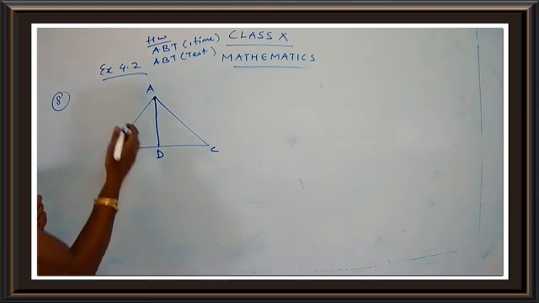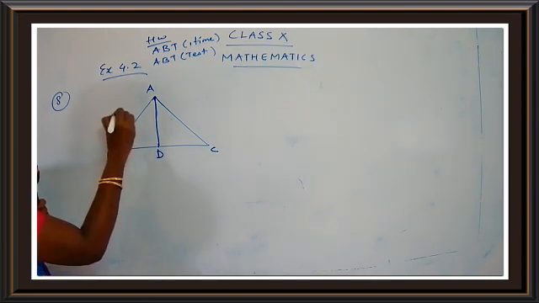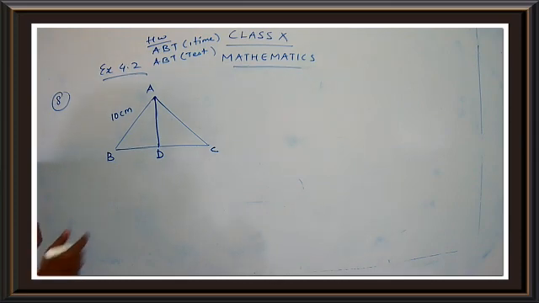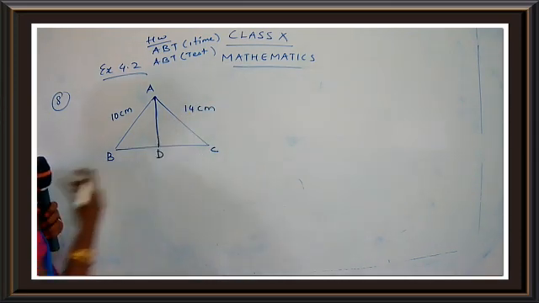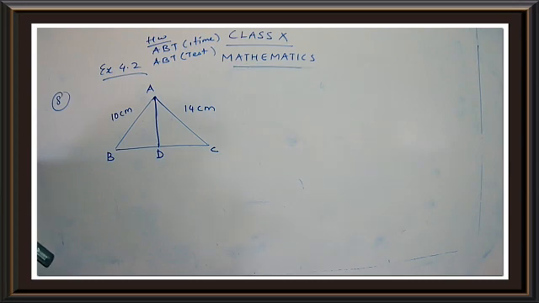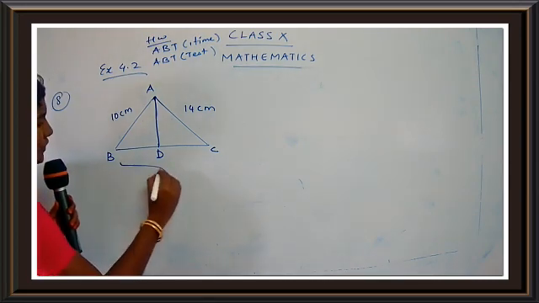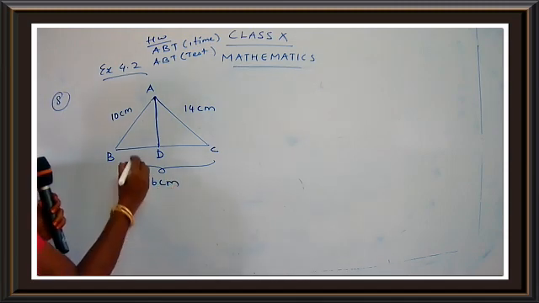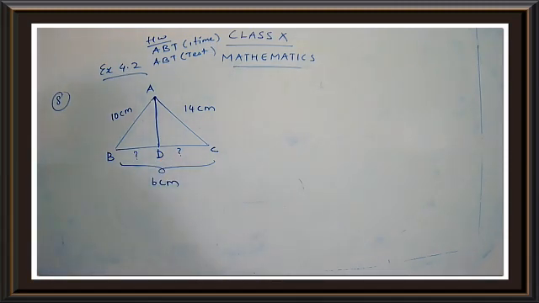They have given some measurements. AB is 10 centimeter. And they have given AC. Yes, AC is 14 centimeter. This is given to us. And also they have given BC. So whole BC is given to you as 6 centimeter. The question is to find BD and the question is to find DC. So we have to find out BD and DC. Okay, children. Shall we start with the sum? Are you ready with the figure?